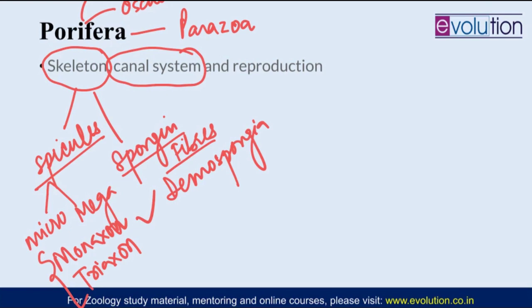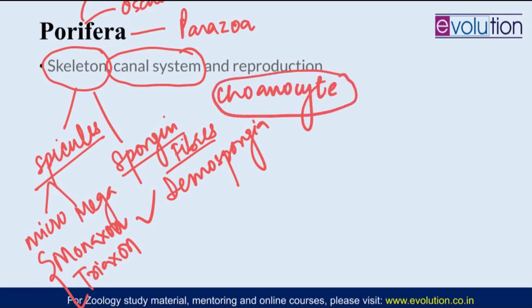So the water enters into the body through ostia and exits through the osculum, and that is created because there is a current generated inside due to the choanocyte. You have to remember the structure of the choanocyte is very important. This question has been asked on that. And whenever you're describing the canal system, you have to draw the diagram of a choanocyte. So a detailed account of all the canal systems and the route of water flow in all of them is something you need to prepare.